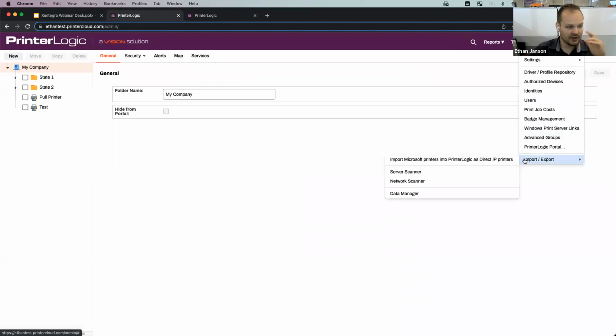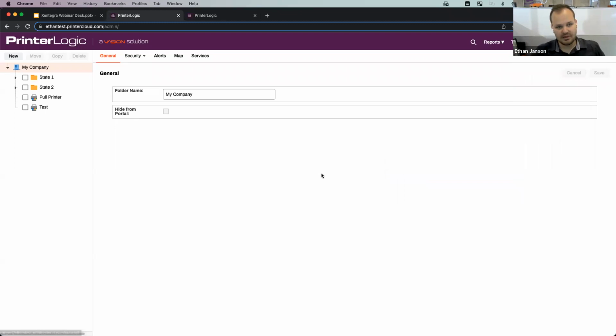And then, like I said before, we've got all the import tools. So it's super easy to pull in everything from your printer. We've got a network scanner. If you're using a direct IP setup right now, for instance, we've got a network scanner that can go through and scan the subnet that you define and see which printers are where. So you can pull in that information without having to remember or go manually check all the printers and find everything that you need. So the migration is pretty easy. You can see here the setup's pretty easy,